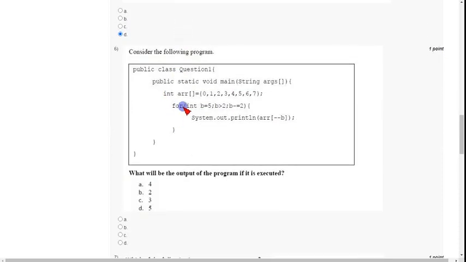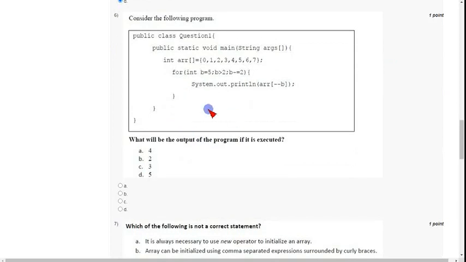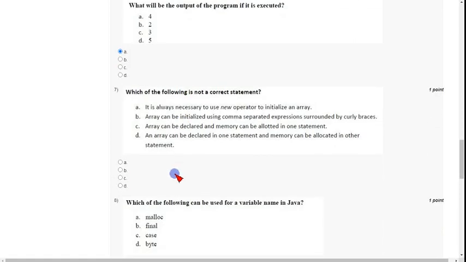And coming to sixth question, it is a program. So when I have done this in my compiler, I have got the answer as option A, that is 4. So mark option A as correct answer for sixth question. And coming to seventh one,